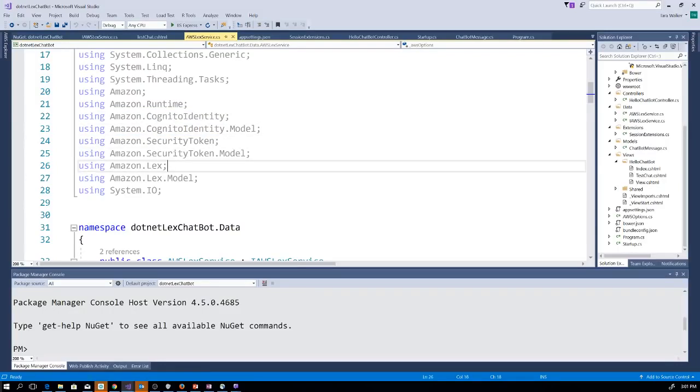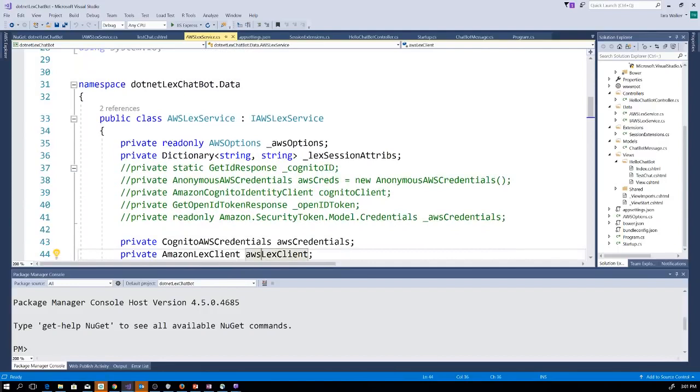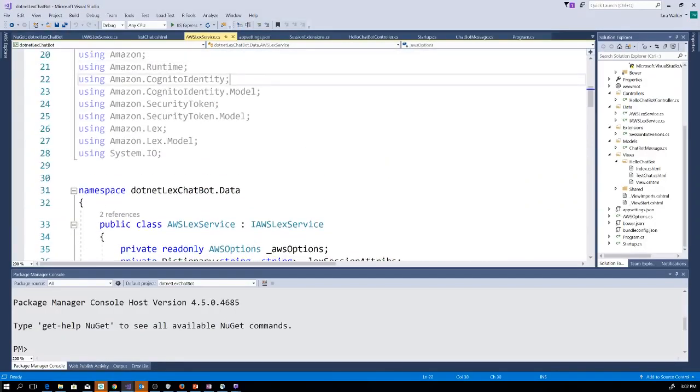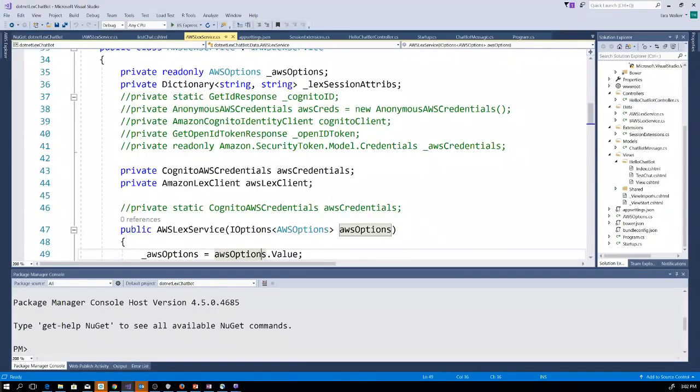Another thing you should know about my class library that I have here, I'm actually using dependency injection for this. So this class, this is why I have an interface, gets loaded at runtime. But the bottom line is, what's important is I need to have using Cognito Identity and using Amazon Cognito, Cognito Identity Model. After I have this, the only thing that I would need to do is to have a Cognito